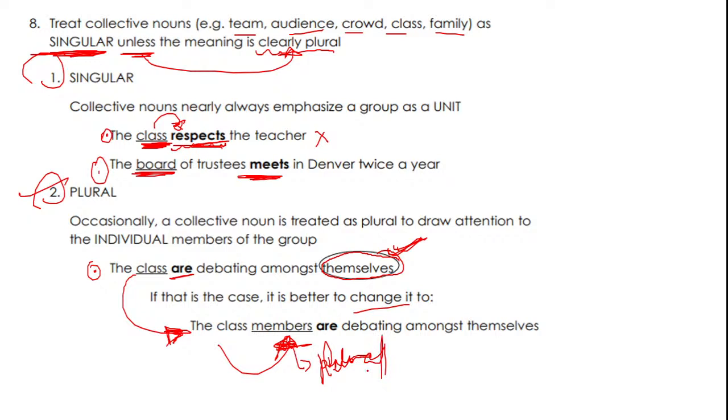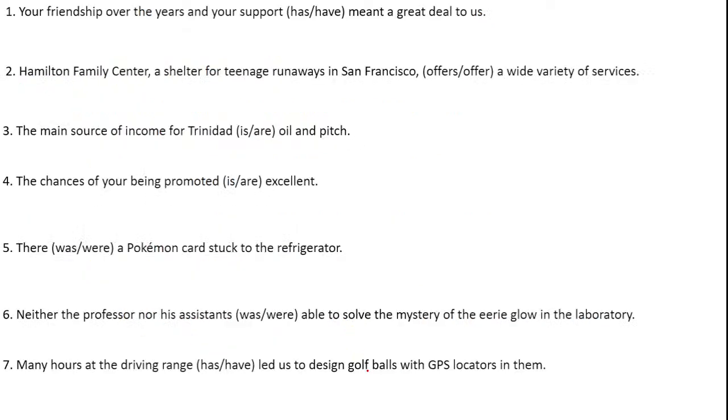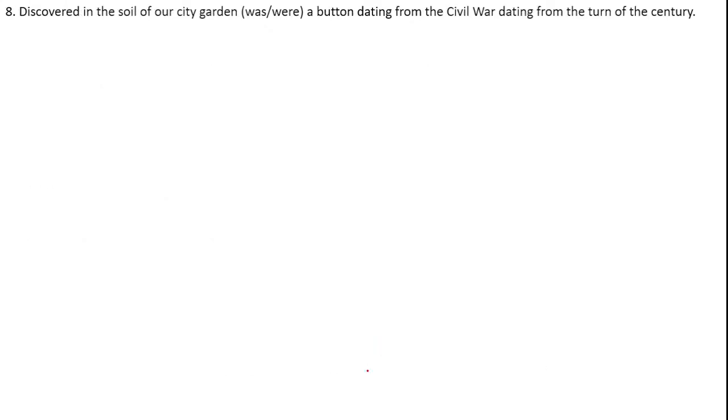okay. So these were some of the rules we have discussed yesterday. Also 7 questions, हमने एक exercise solve की थी, इसके साथ साथ this was the question as I have given you this as a homework, right? So I hope everyone has solved this. Let us see what was the answer of this question. Discovered in the soil of our city garden was or were a button dating from the Civil War, dating from the turn of the century. So here जो right answer आना चाहिए था, that was